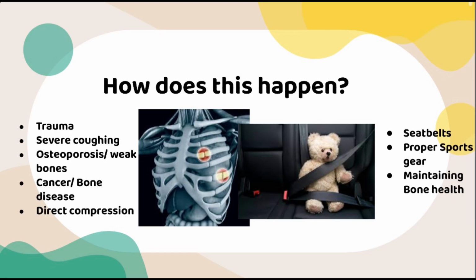A rib fracture can occur by direct trauma, such as car crashes, falling off a great height or onto a hard surface, or even in contact sports. Severe coughing, especially in older adults or those with osteoporosis or weak bones, repetitive stress or force on the ribs, such as an athlete that rows, golfs, or weightlifts. Cancer, which can lead to bones weakening, and direct compression, like being pressed between heavy objects or even when given CPR. Protective measures like wearing seatbelts, proper sports gear, and maintaining bone health can help reduce the risk of rib